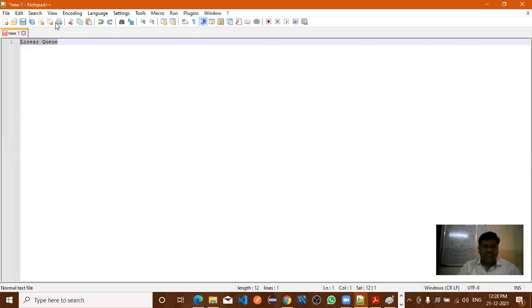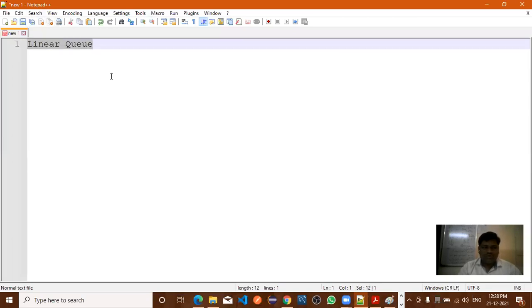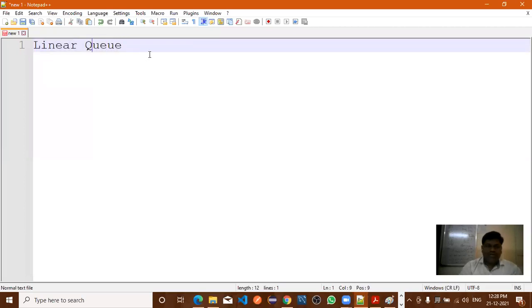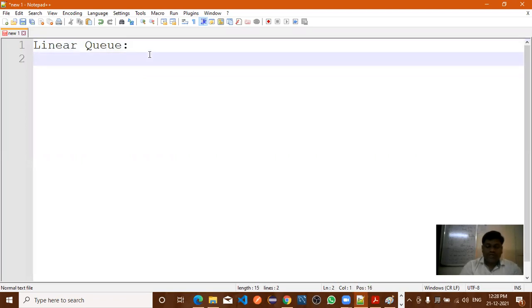Yes, sir. Should I increase the font? Now is it visible properly? Linear queue, right? We discussed the linear queue and we have implemented it also.